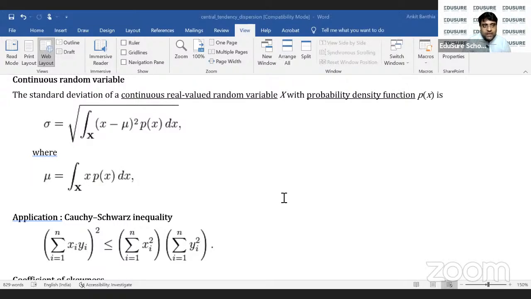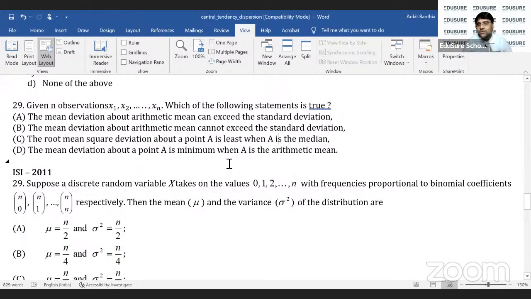ओके, और क्वेश्चन है आपके सामने, ये है ISI 2013 क्वेश्चन नंबर 29। क्वेश्चन नंबर 29 आपके स्क्रीन पर है। बिग हिंट, कॉची श्वार्ट्ज इनइक्वालिटी को आपको अप्लाई करना है यहां पे। So in order to find out the answer, A and B में कॉची श्वार्ट्ज इनइक्वालिटी अप्लाई करके आपको मिल जाएगा आंसर। अच्छा, C and D इज अ रिजल्ट। ये रिजल्ट आपको याद होना चाहिए, ये हम लोग स्कूल में करते थे, ये बहुत ही सिंपल है।